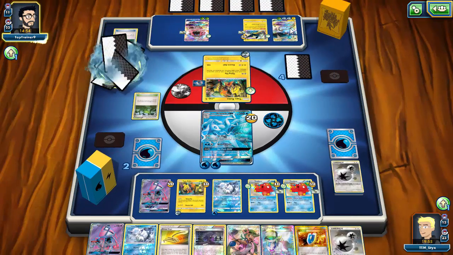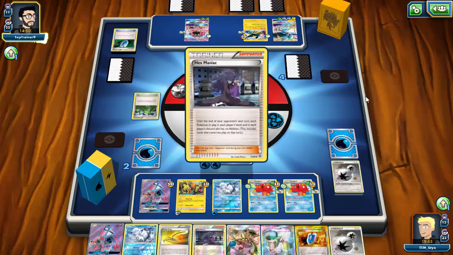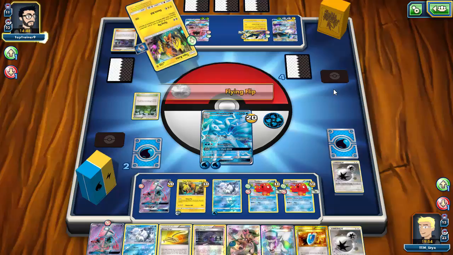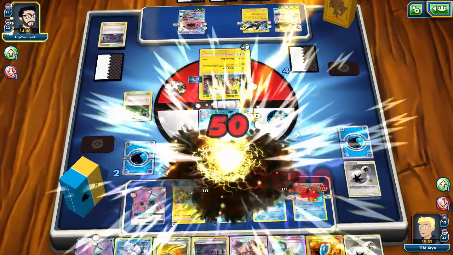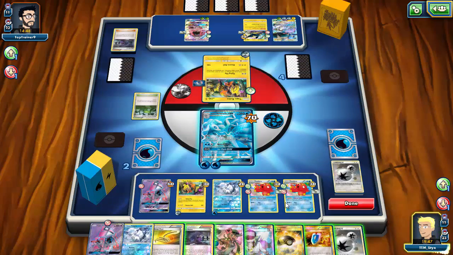Because I'm not in a spot to use Abyssal Hand right now, I'll be honest. Yeah, he does just Hex Maniac, and then he's going to Flying Flip. That's okay with me. Because what I can do... So I need 10 damage already on the Lele. So I think the play is actually...